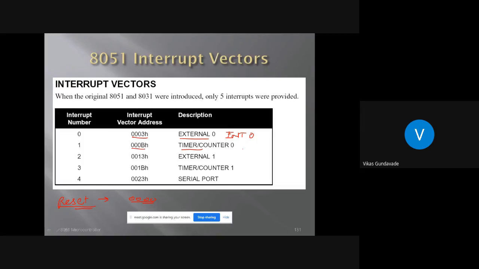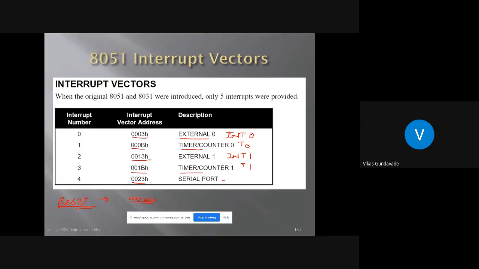Then the next external interrupt is the INT 1 interrupt, that is external one interrupt, and its address location is 0013. Then after that, the timer 1 interrupt, we will write it as T1 interrupt, has the address location 001B. And for the serial communication interrupt, the address location is